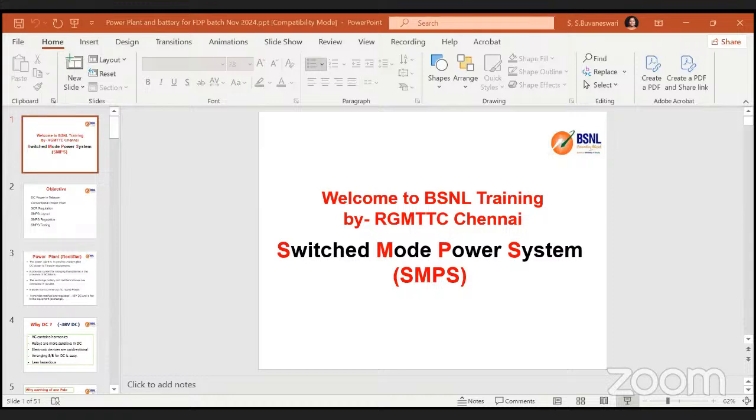So SMPS is not newer to the industry; it is very old, and the purpose of SMPS is similar to that of the telecom industry. That means it is used to convert AC into DC. From this slide, I would like to say that the available AC current is getting converted into DC. And the purpose of DC will be explained in the next slide.